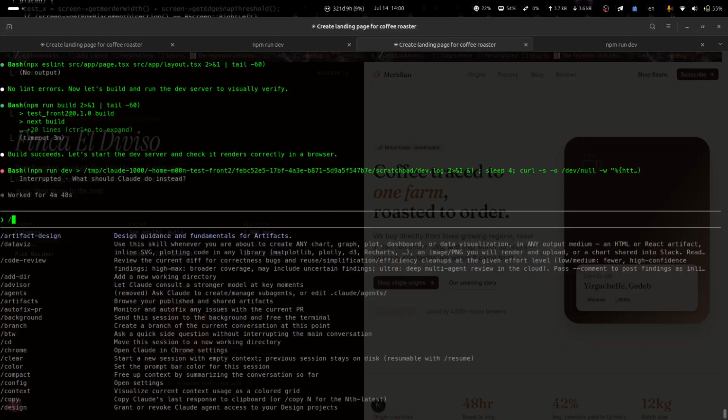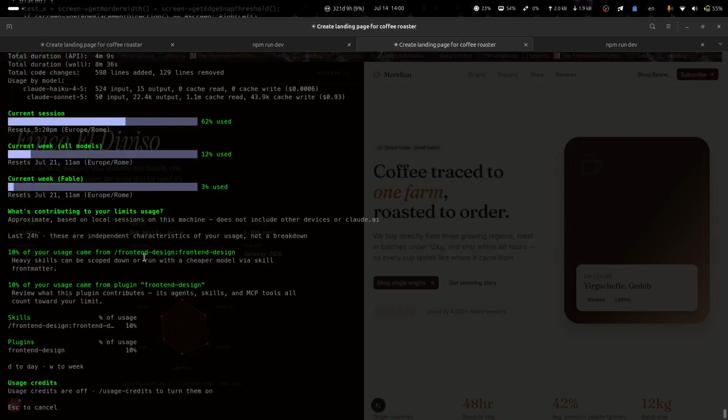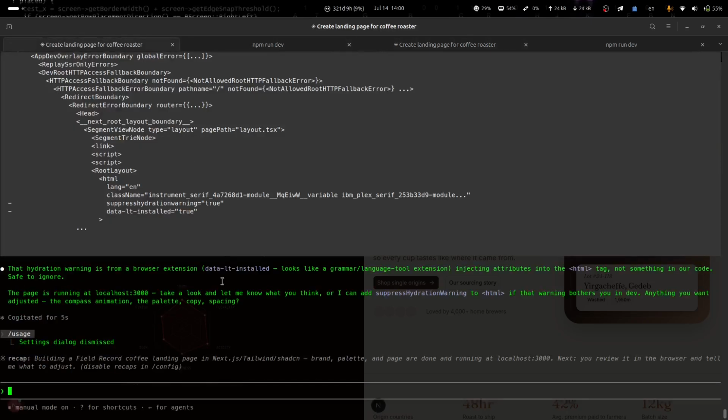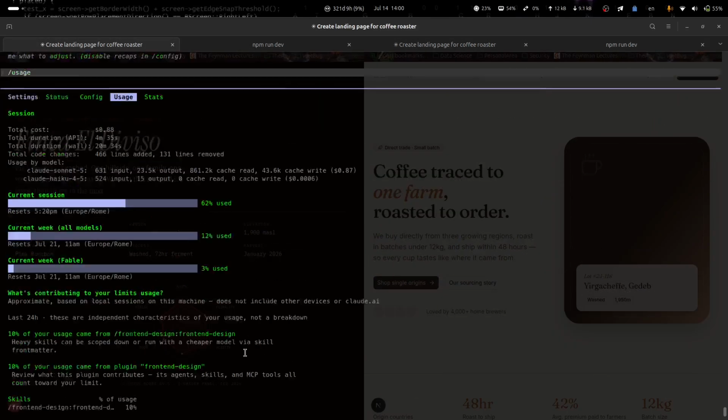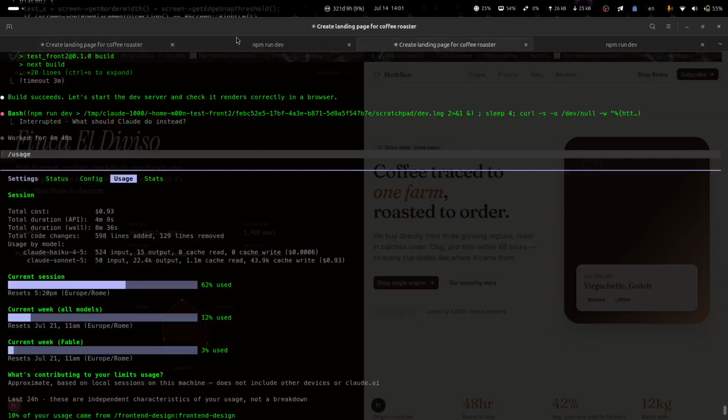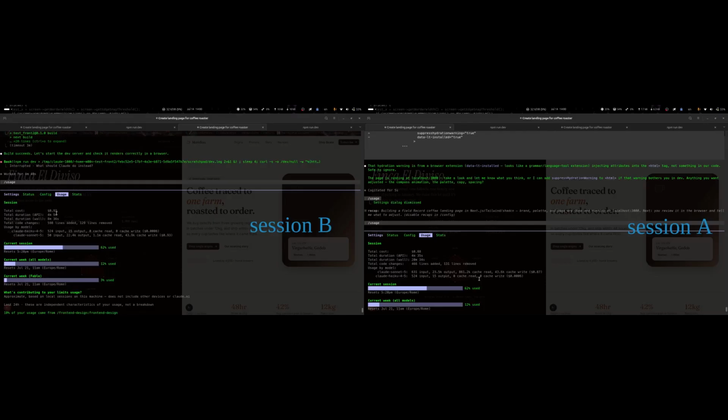We are going to look at the usage of both sessions. Which one is more efficient for us to use? Okay, as you can see, two separate terminals, two separate sessions. These numbers do not overlap, whatever I show you next in this session. For session A, the one with the plugin, we have 88 cents, 4 minutes and 45 seconds of actual model time,